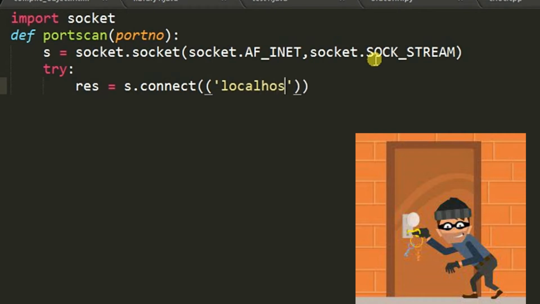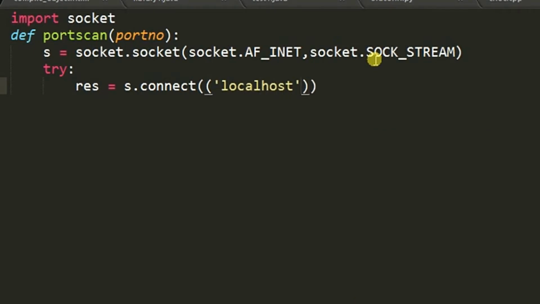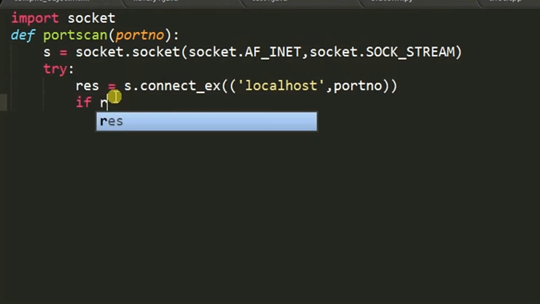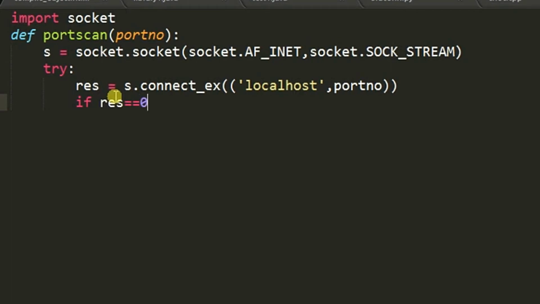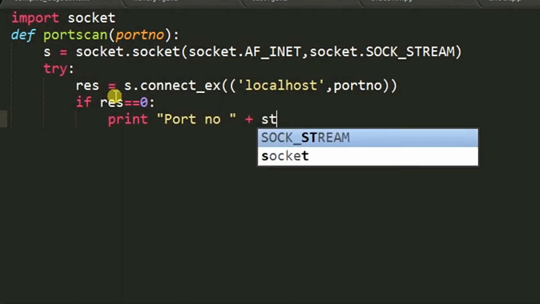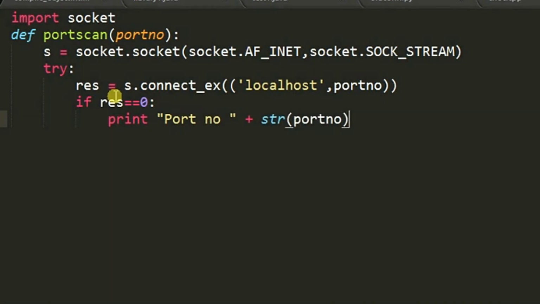I'll show you for the localhost, and port in. This is not connect, this is connect_ex. If connect_ex returns 0, the connection succeeded, then you can print port, convert it to string since it is an integer, is open, else